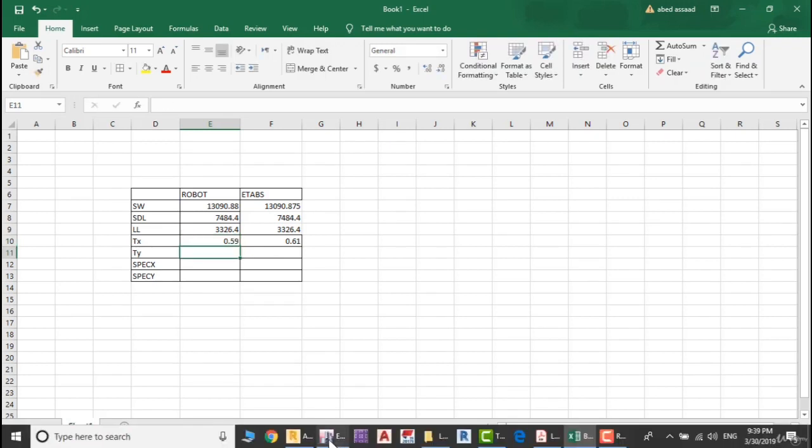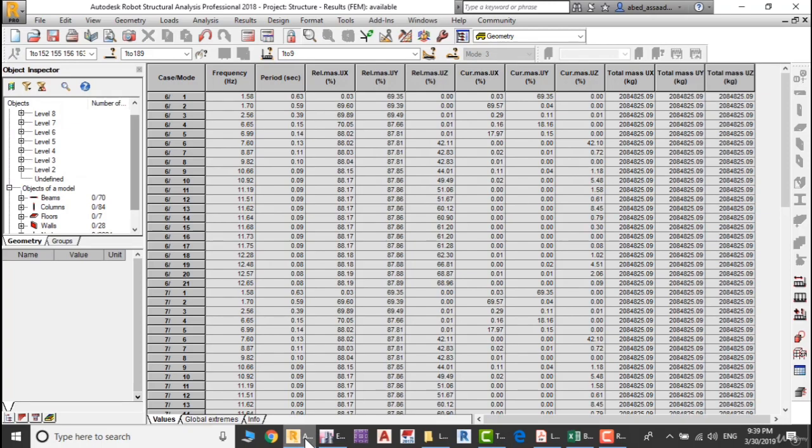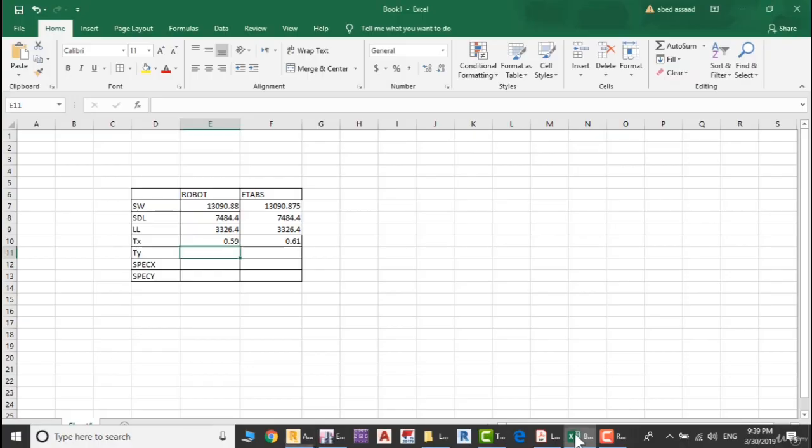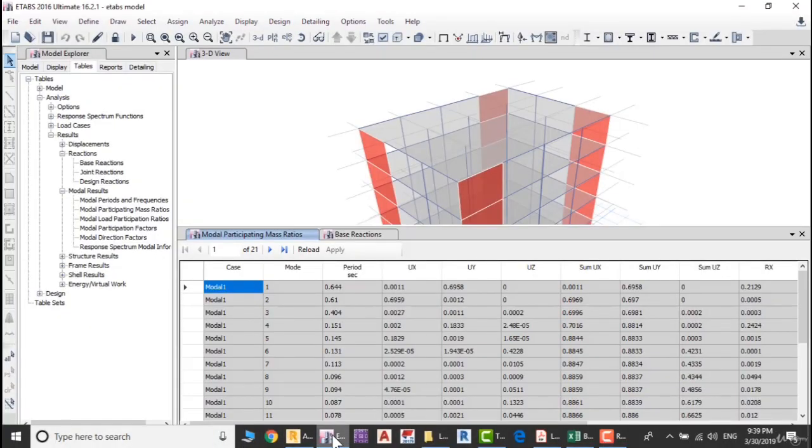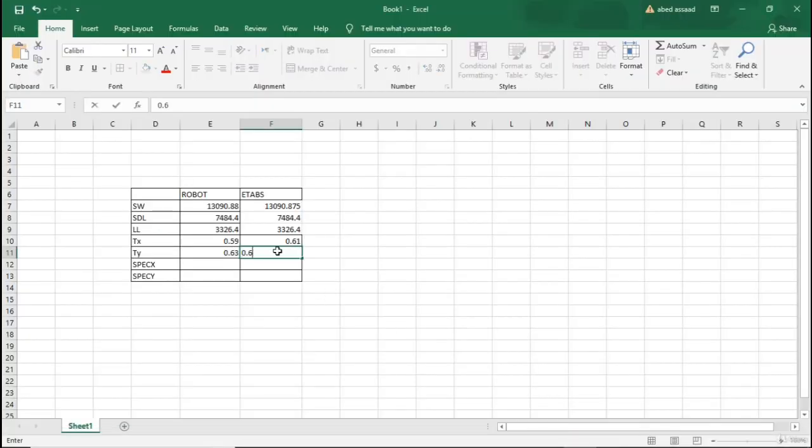TY in Robot 0.63, and in ETABS 0.644. Spec X,